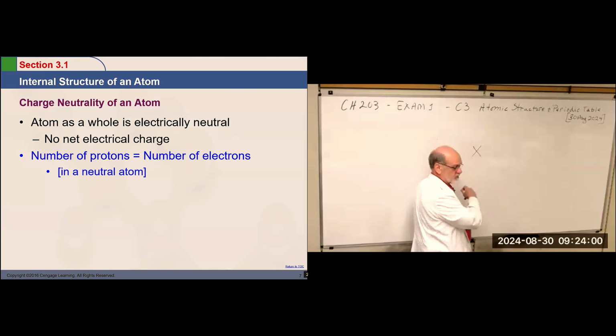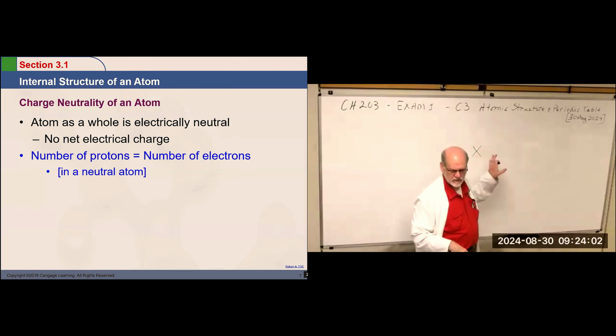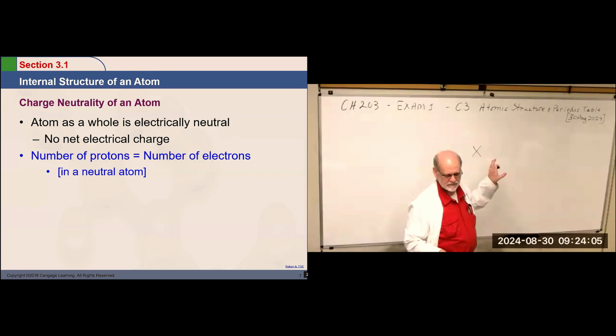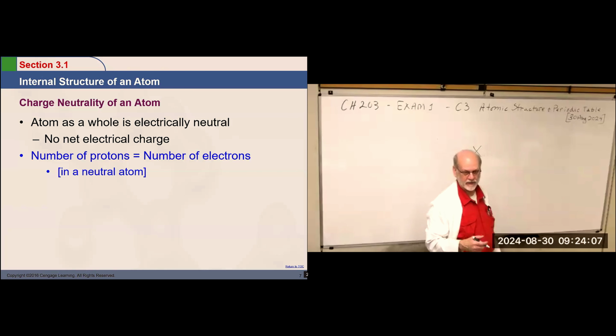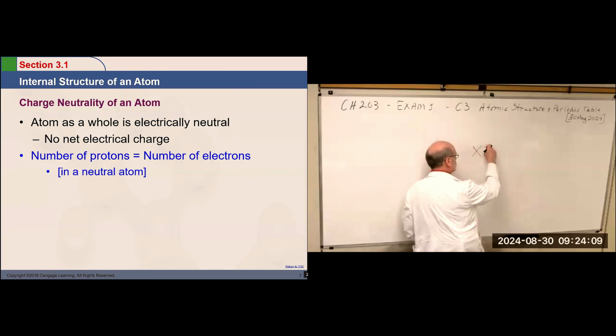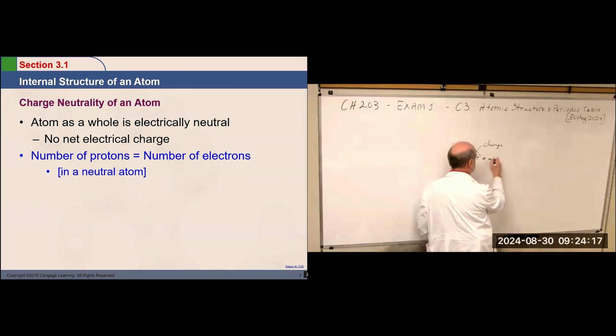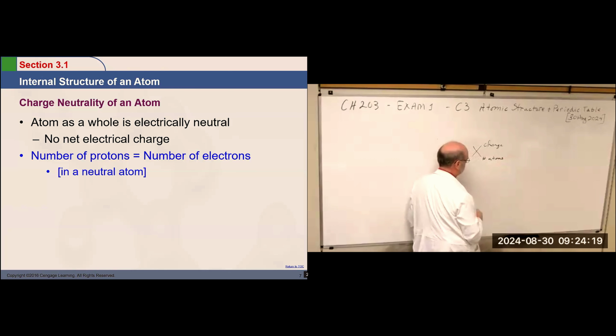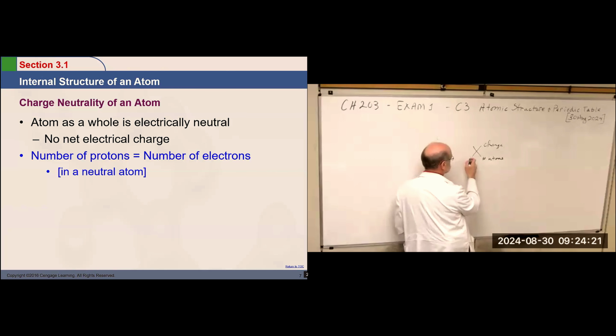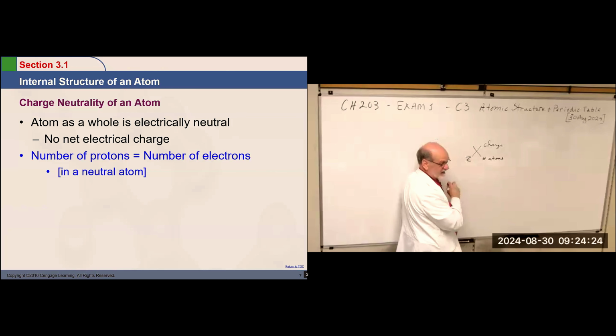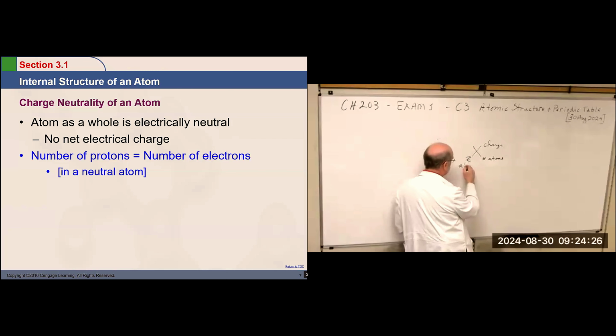Right. There are 4 positions around the element symbol reserved for information. Did I show you that one? No? Okay, I'll show you now then. This position around the element symbol is reserved for the charge. This one is reserved for the number of atoms. This position is designated Z, the atomic number. That's the number of protons.